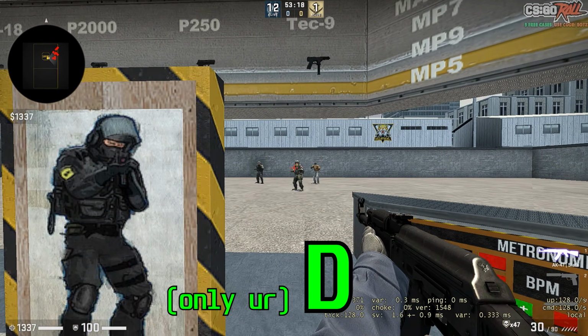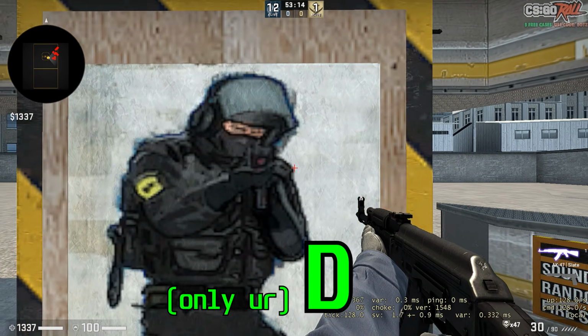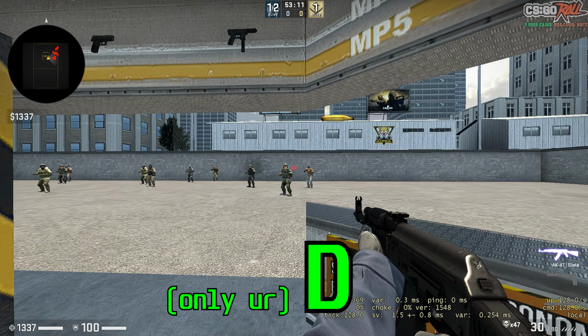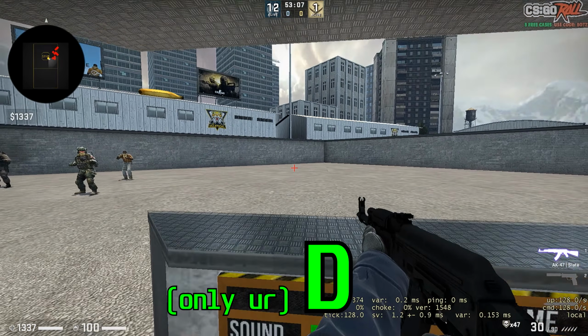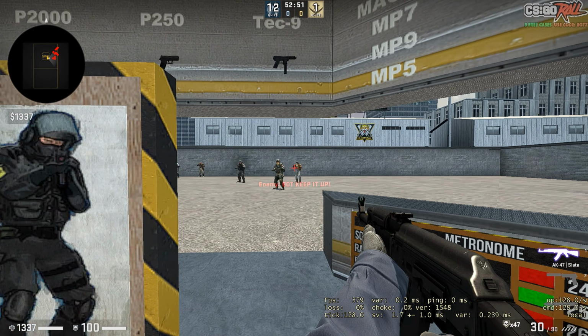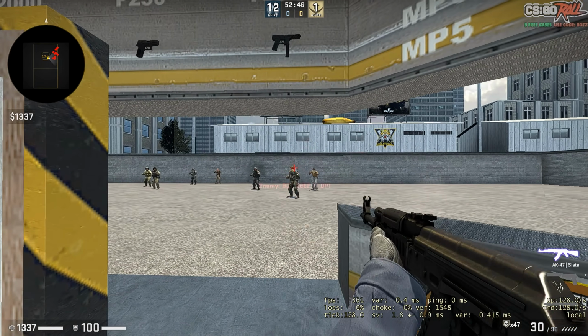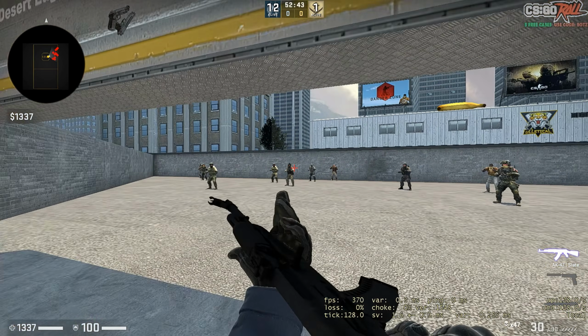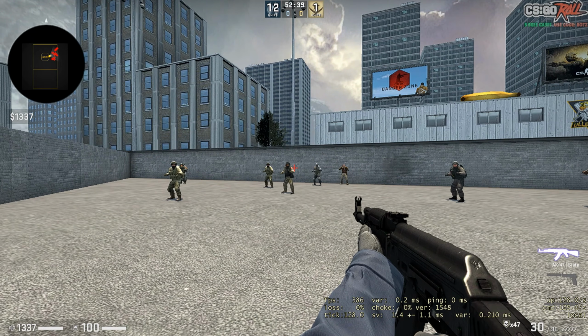Instead of moving like this, this is going to work against the netcode and in your favor. Moving like this will mess up the netcode, mess up his aim instead of moving like this. Basically, if you hold D, it's going to be way quicker and it's going to be harder for his aim to counter it, and it's going to make your peeks a lot cleaner. Again, I'm showing this in the CSGO aimbots simply because it's easier to show off all the different techniques without having to go into all different aims.